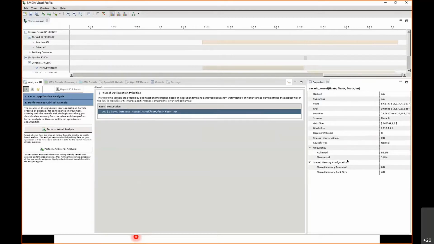Okay, and here it also tells me stuff about occupancy. So it tells me how much occupancy has been achieved by the kernel. And this here tells me what is the peak occupancy that my kernel can achieve. So in my case, when I